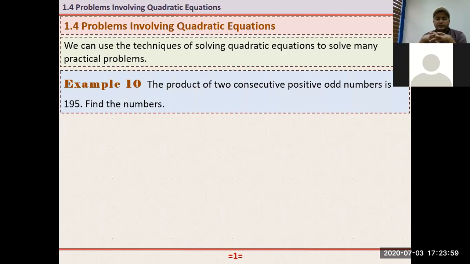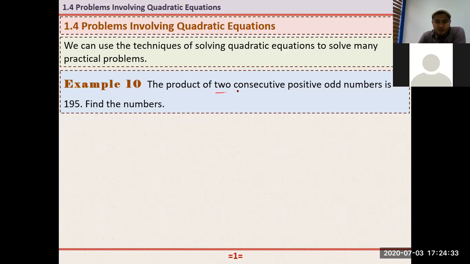Okay, so we can use the techniques of solving quadratic equations to solve many practical problems. So we will see some of them, from geometry, from math, and maybe from physics. Okay, so let's start with a very simple question. Example: the product of 2 consecutive positive odd numbers is 195. Find the numbers. So the product, you know what we mean by this, and 2, okay, we are talking